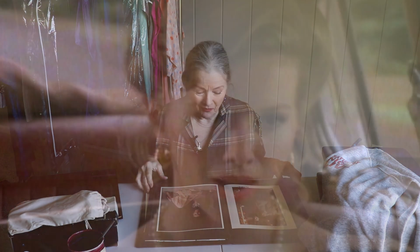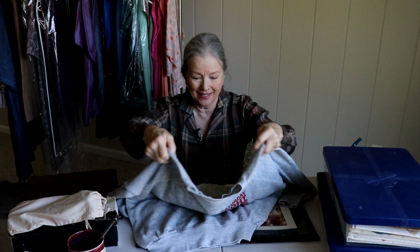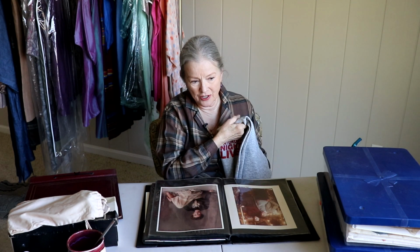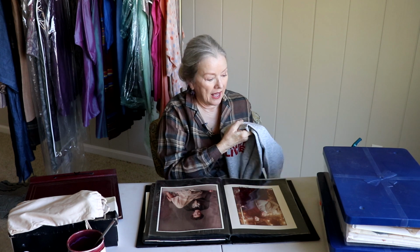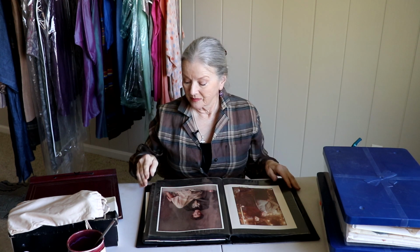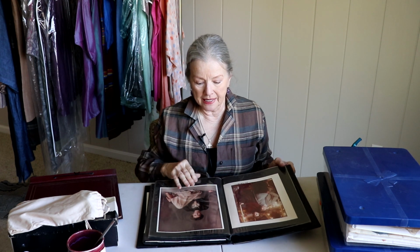Okay? So I just wanted to show that and point out the fact that I never get rid of anything. And this sweatshirt is from 1983, when I first worked there. And what happened is, because that show is very different from other shows, because they have their main cast that get all the money and all the attention,